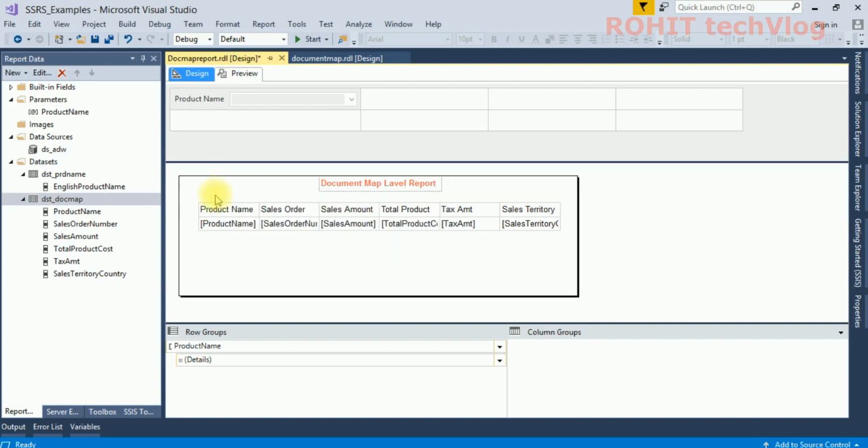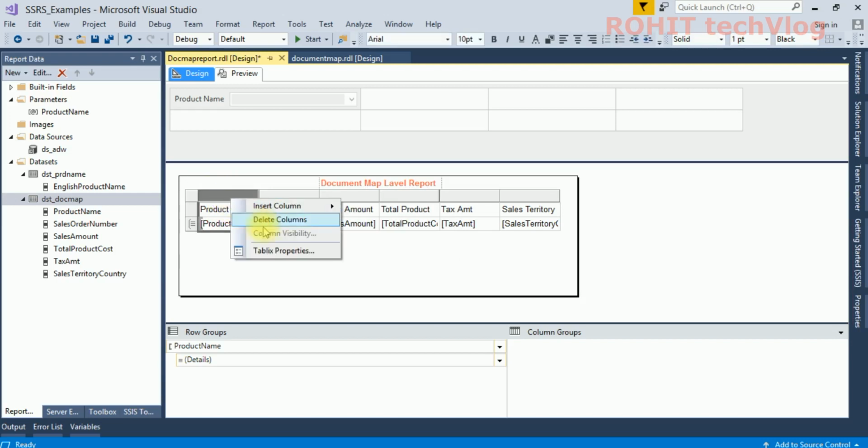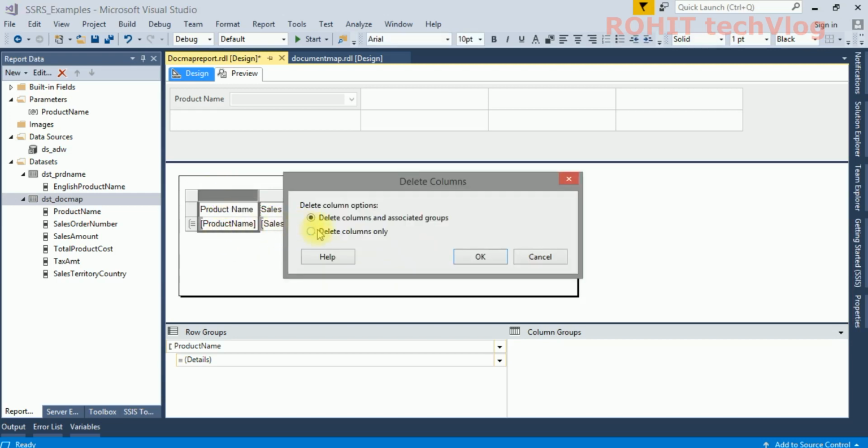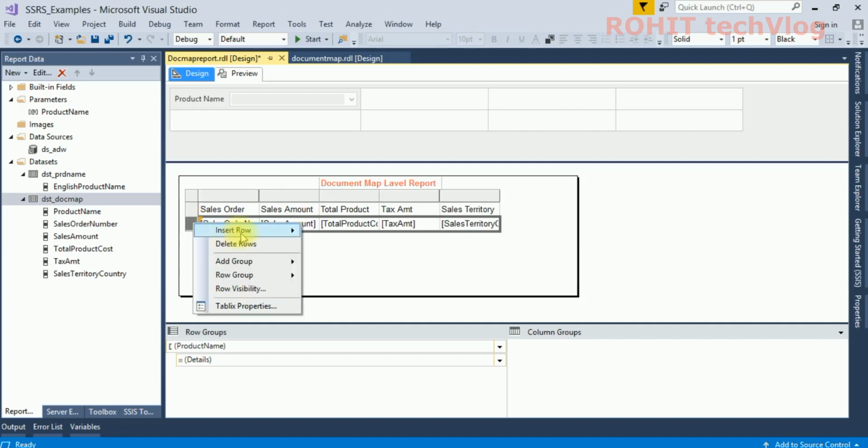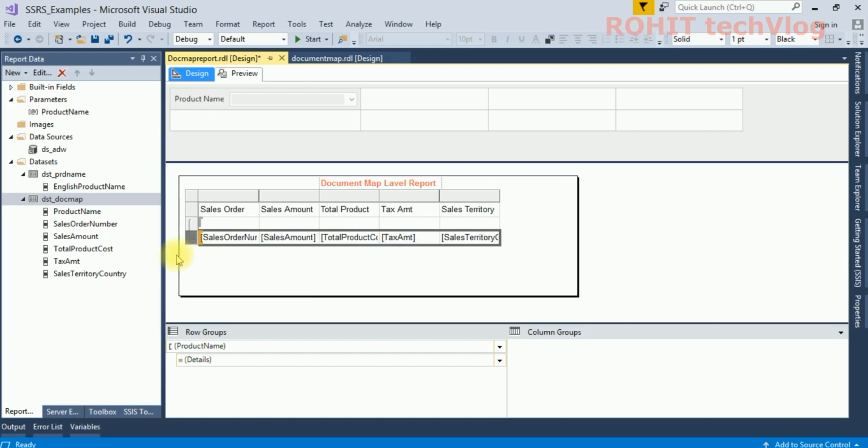So let me first delete this column. Delete columns only. I'll add one row outside the group above.